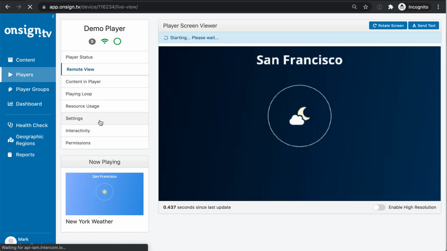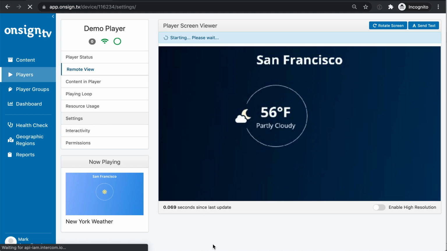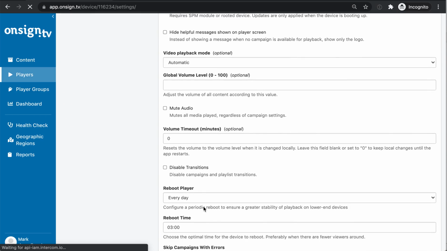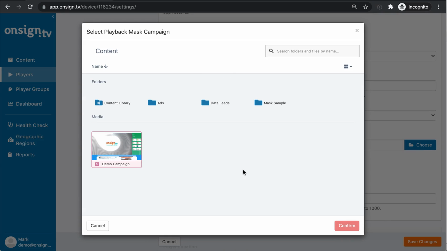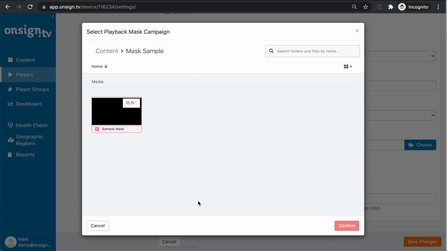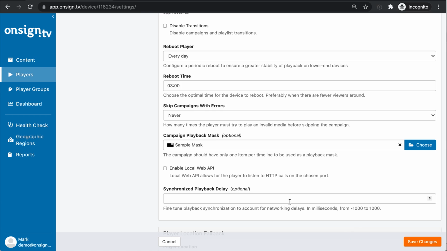Settings. As you go down into the player settings, you have this option here, campaign playback mask. Just click choose, and you'll be able to see all the campaigns that you have on your player. I have saved this as sample mask, so I'll click here and select that to be my mask. So once I save,